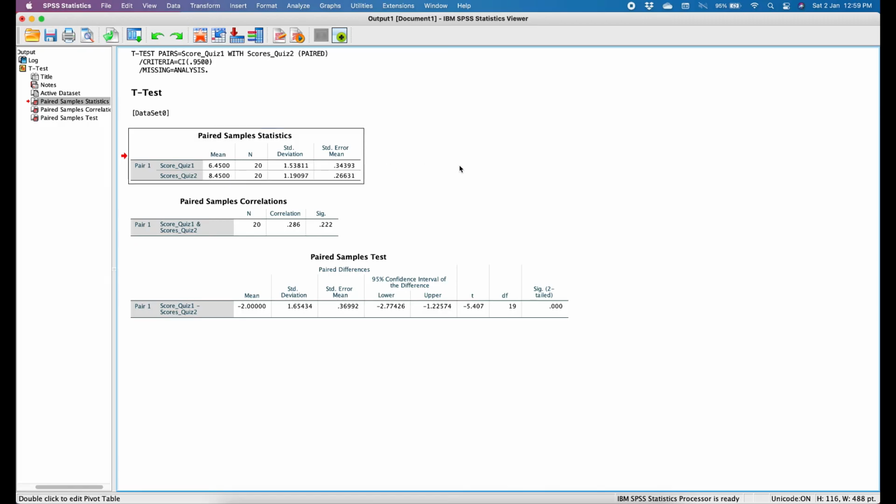The difference is pretty high in case of quiz 2 mean in comparison to the scores mean in quiz 1. It means that students' performance has improved in quiz 2 as compared to quiz 1. So extra classes were effective.